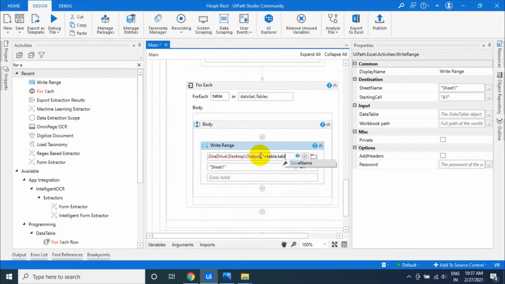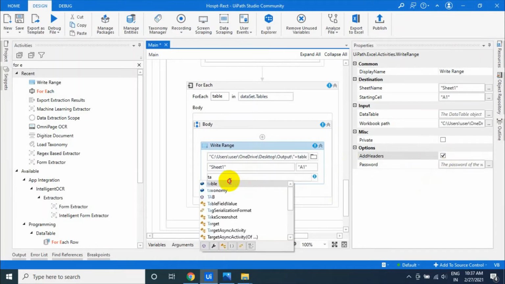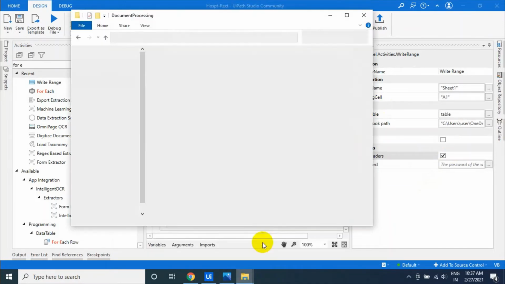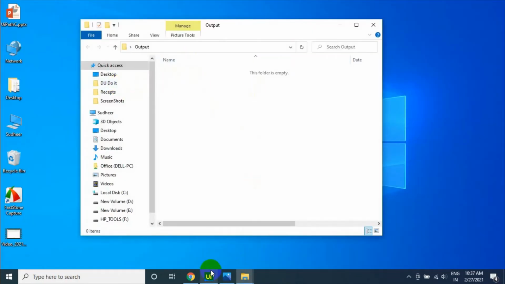So we're just using the table name and dot xlsx. Add the headers, and use the table, which is basically a data table from this collection. So now everything is okay. It will simply create an Excel file here.